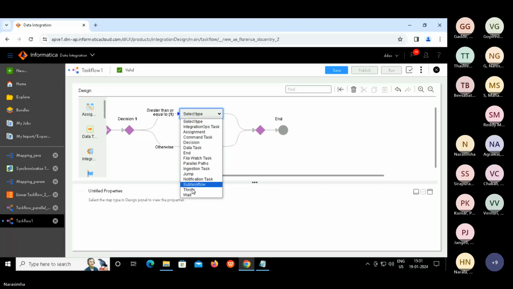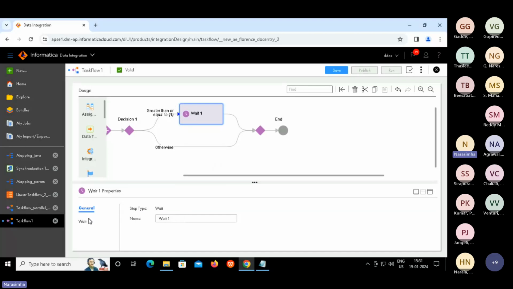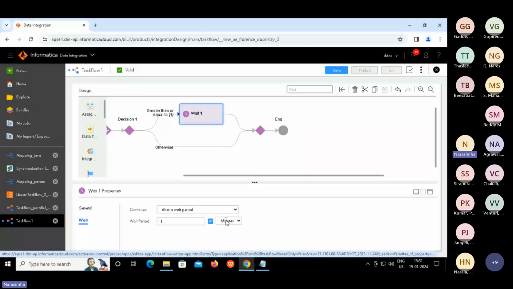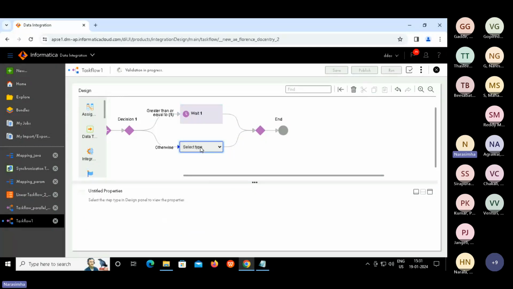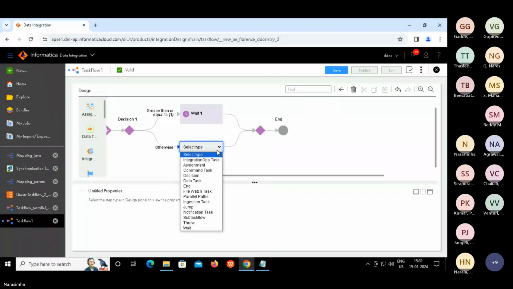Let us try to use wait. Wait for some time. Let's wait for seconds instead of minutes. Let's say 5 seconds. Otherwise, we can also make a call to some other task. So let us say